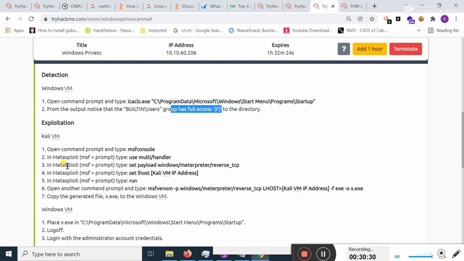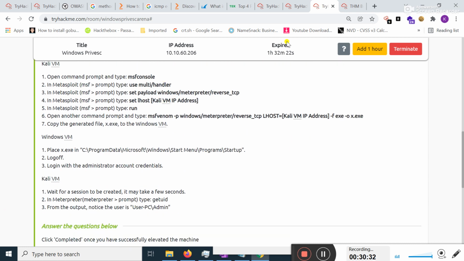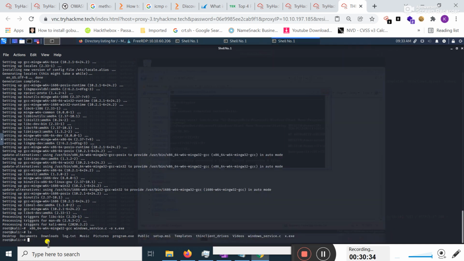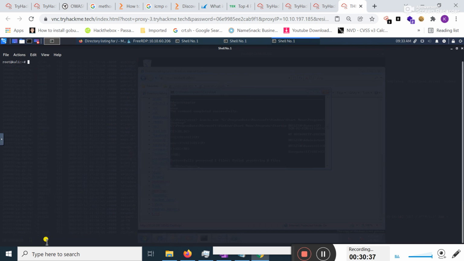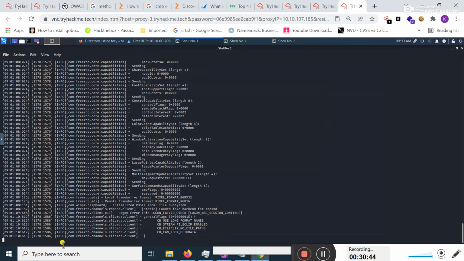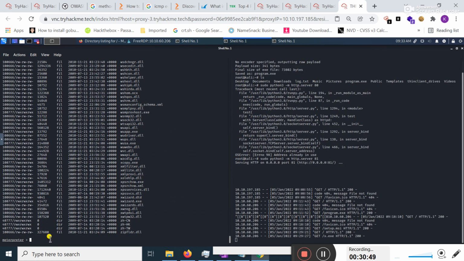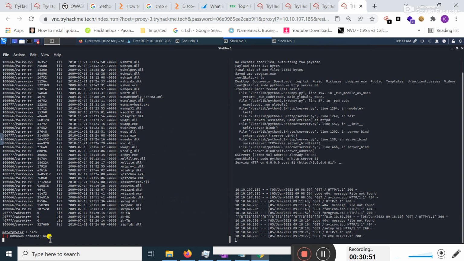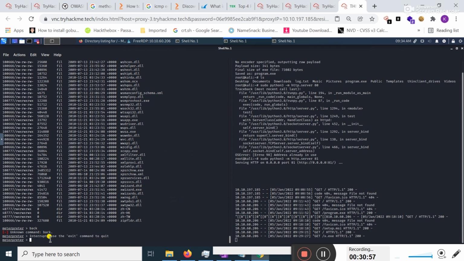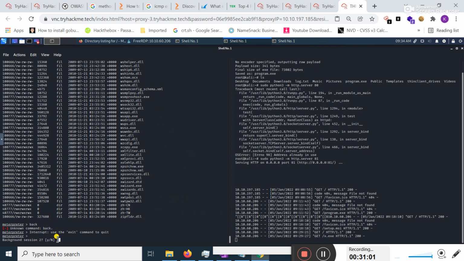Okay, now students, it's time to move to Kali Linux and start the meterpreter session. Start the MSF console again. Okay, I should utilize the previous MSF console. I just simply typed here back, and click on yes and hit enter.